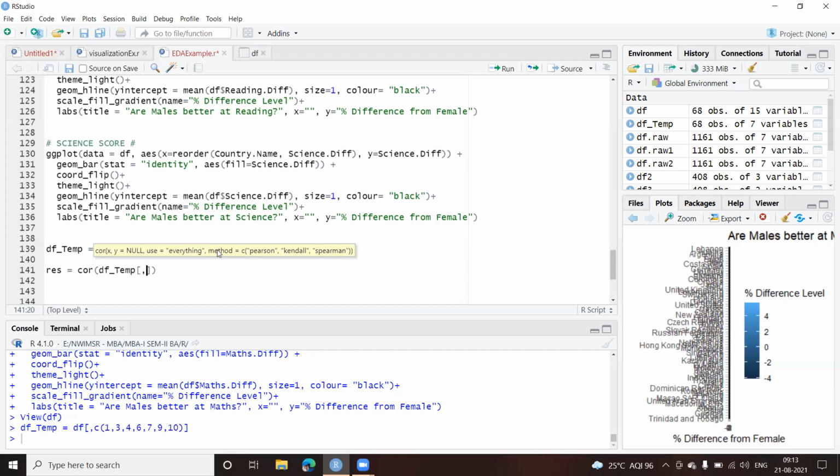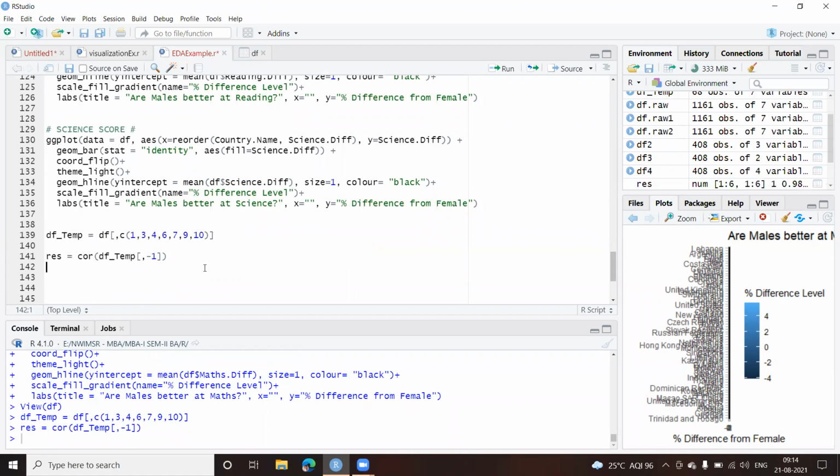I'll skip the first parameter, and to avoid the first column from the correlation plot, I can give here -1. Okay, so -1 is going to ignore the first column here. It is not going to use the first column for the calculations. Okay, I can run this one.